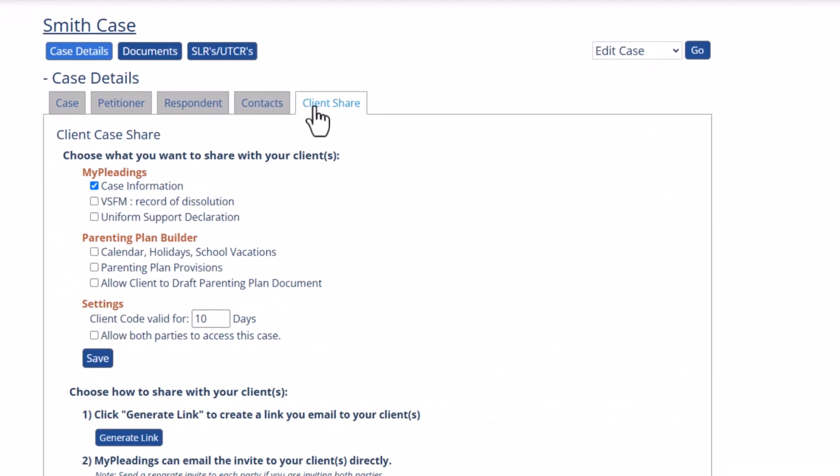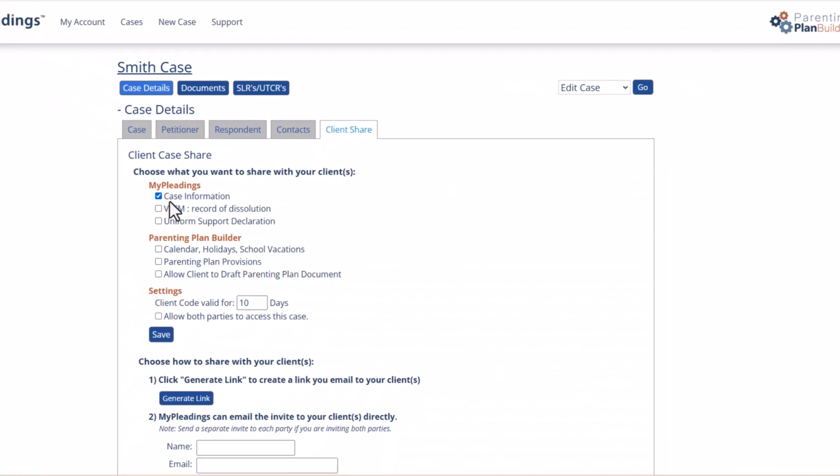tab. There are a few things you can share with your client. To have your clients do their own data entry, you would select Case Information. If you want them to fill out their own data entry, then you'll probably want them to fill out their own vital statistics form as well, so be sure that's been selected. If you want them to fill out their Uniform Support Declaration, you'll want to select that too. If you aren't sure you'll need a USD, you are always able to share this with them at a later